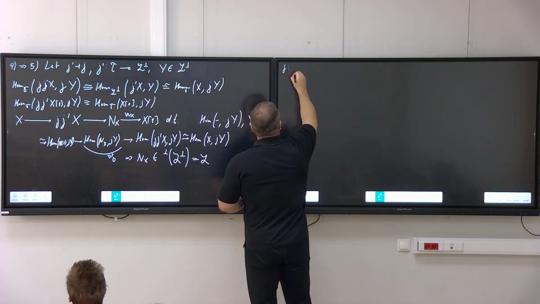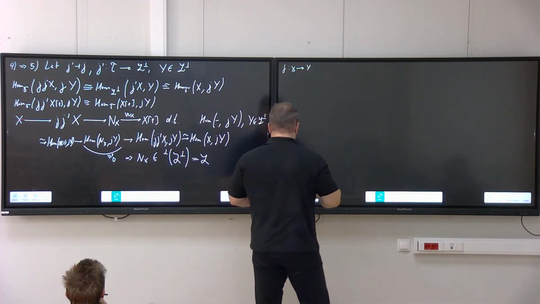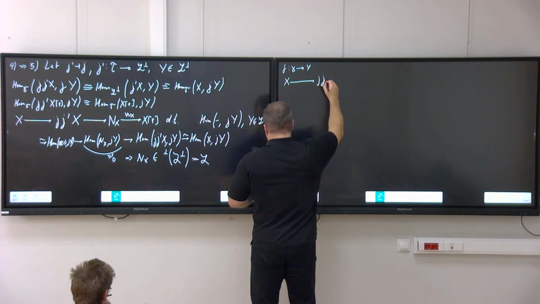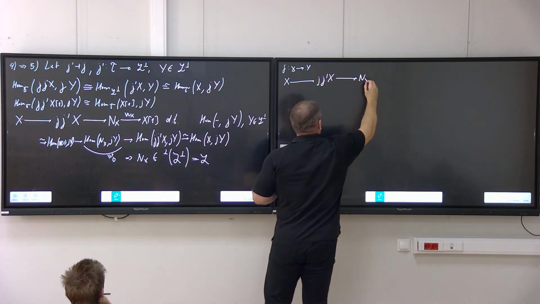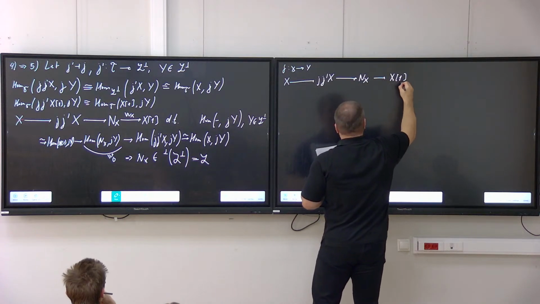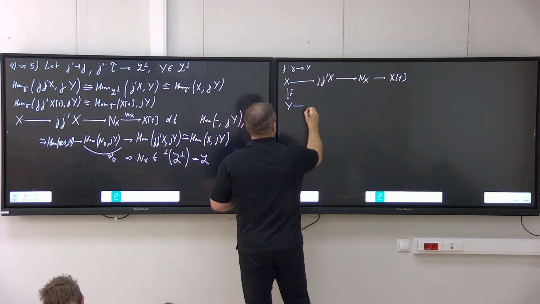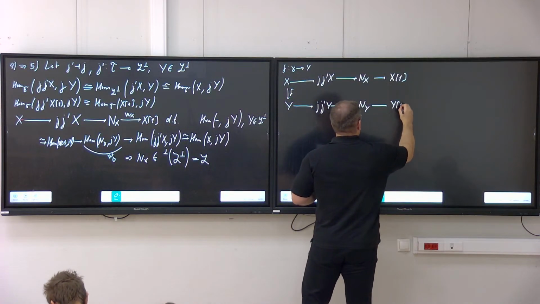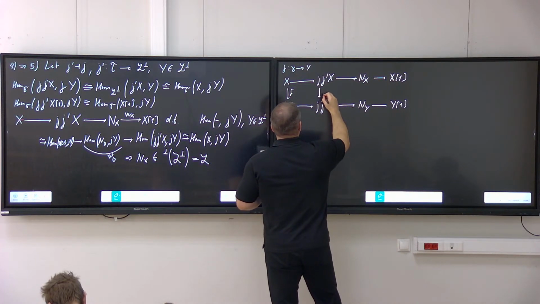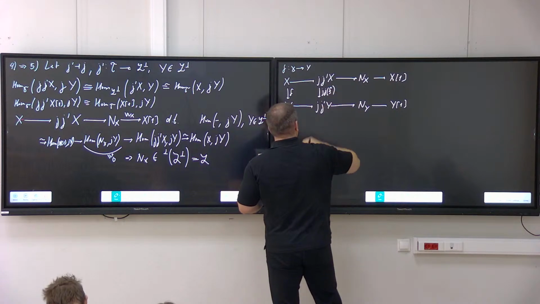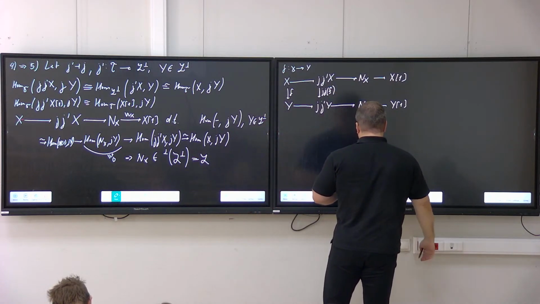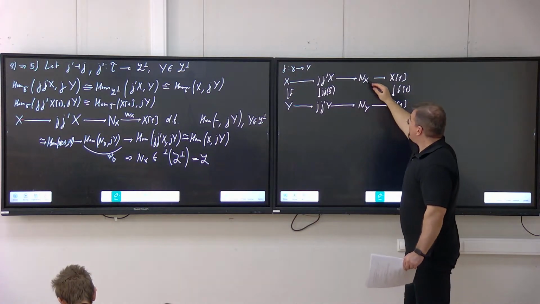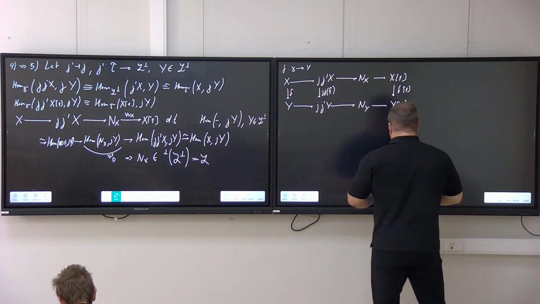So suppose I have a map from X to Y. Then I have two distinguished triangles. I have X, J prime X, then there is N_X, and X with the shift, and the same for Y. So here the morphism is of course J prime, which I apply to f, and this is f shifted by 1. I want to show that there is a unique map here from N_X to N_Y. And to do this, I can, for example,